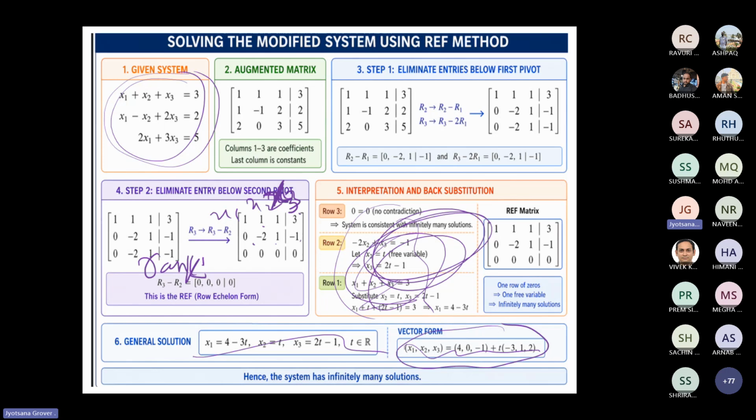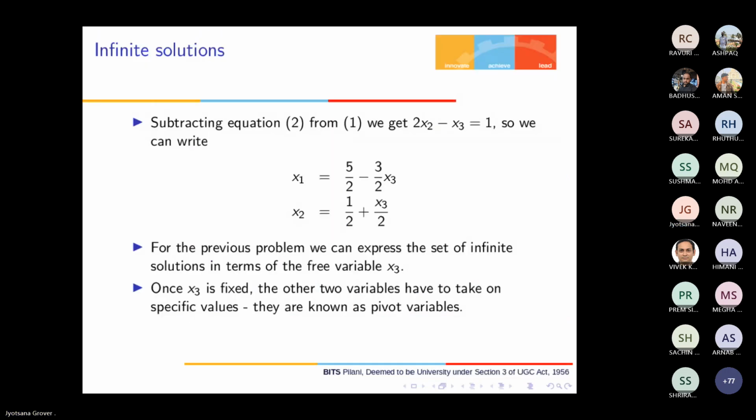I want to tell you all those concepts. Pivot variables: here the pivot variables are x1 and x2 only, because they correspond to column 1 and column 2. Why are they called pivot? Because they contain the leading entries. Column 1 contains the leading entry of row 1, column 2 contains the leading entry of row 2. That's why x1 and x2 are called pivot variables. The pivot variables are expressed in terms of the free variable, which is x3. So in this case, why infinite solution? Rank of A is equal to